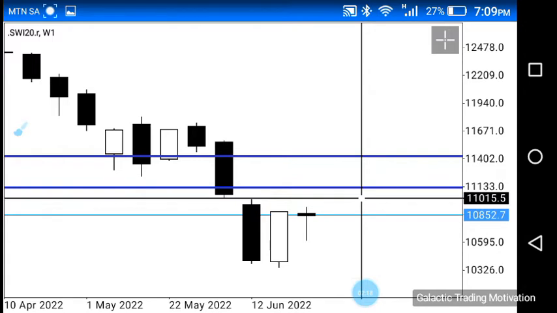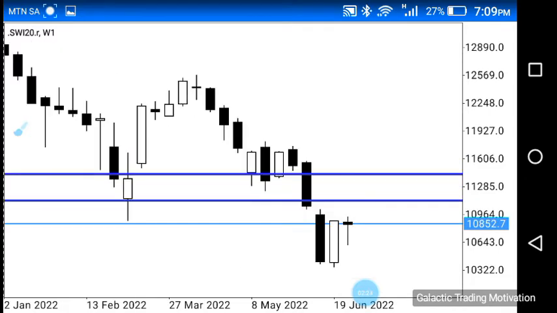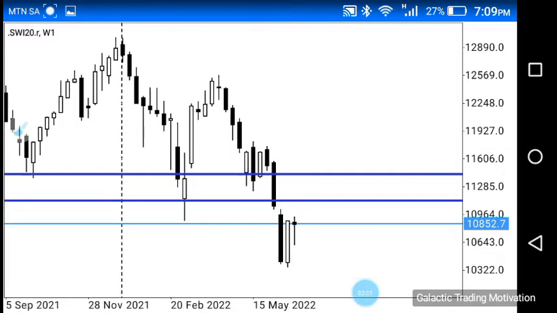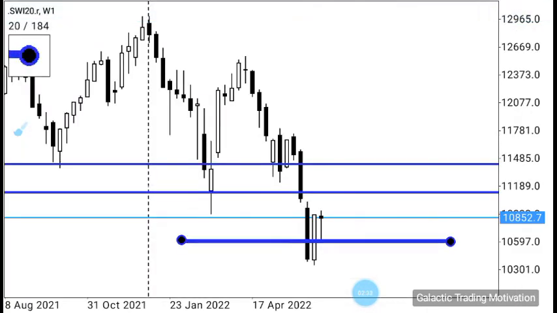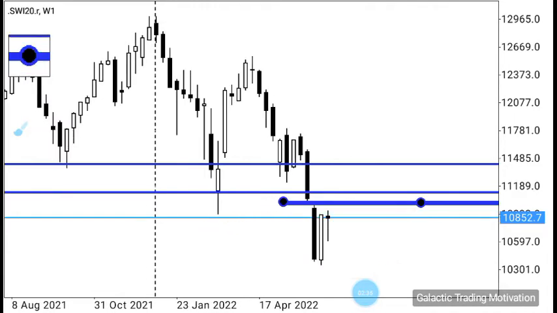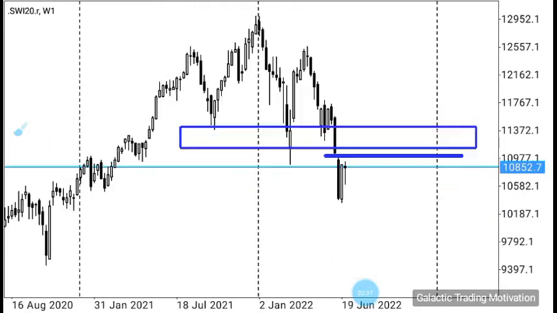And as I say, guys, the market needs to get to that level to grab that gap at one point or another. So I'm just gonna add a line to that structure so that we don't forget about the fact that we have a gap there. So there we go. The gap is almost in line